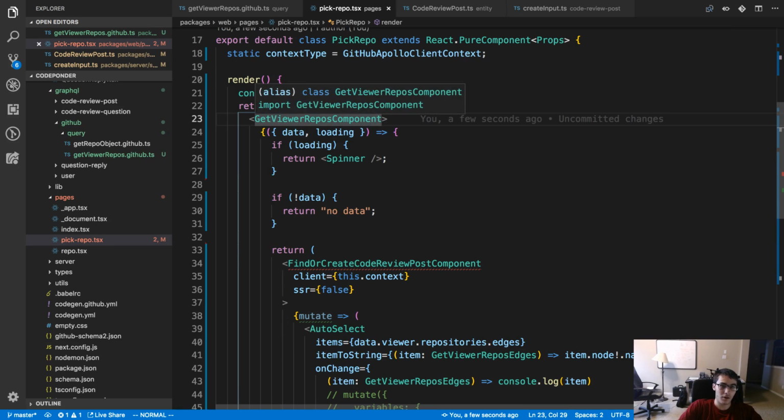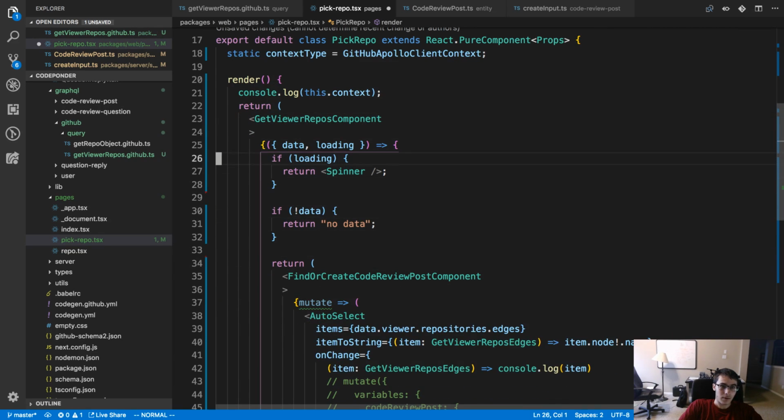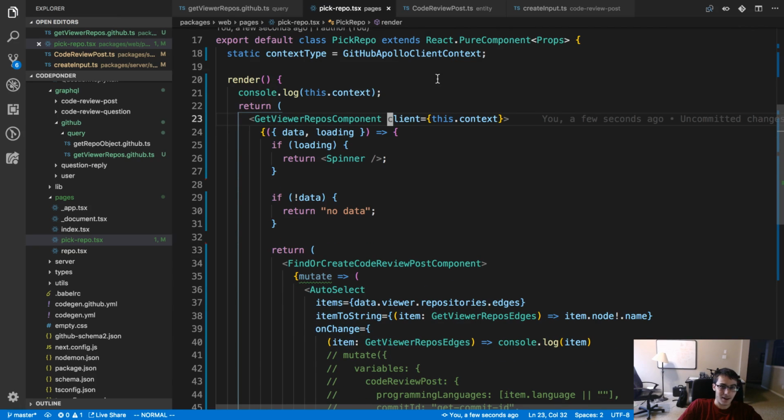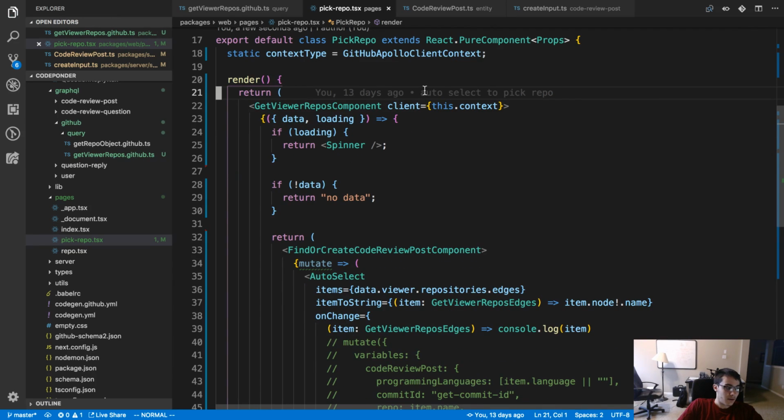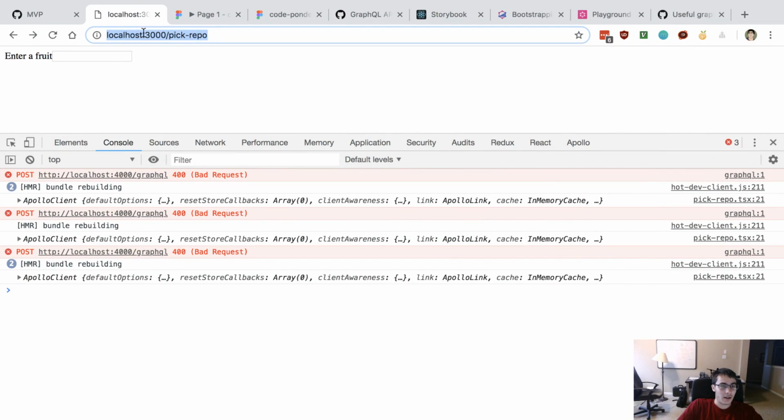Oh, I'm just a noob and I was passing it to the wrong thing. That explains it. So I was passing it to the mutation when I should have been passing it to the query. Alright, now it seems to load it okay.